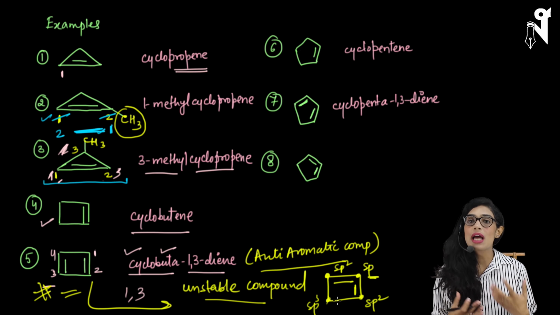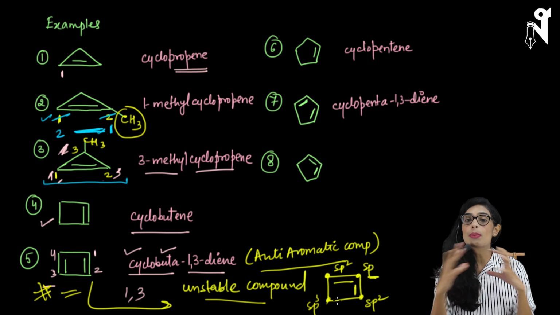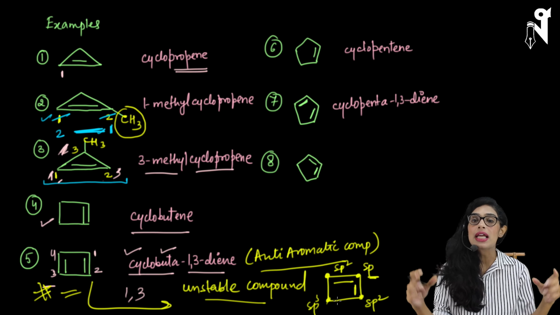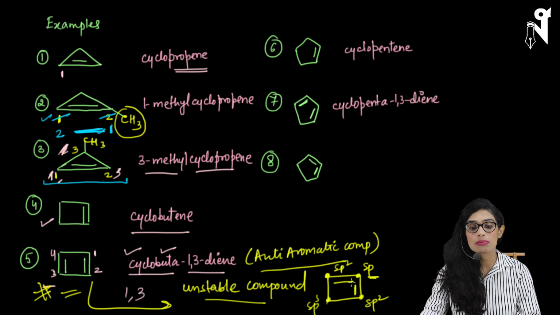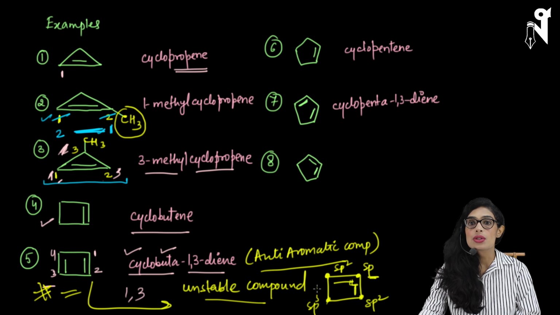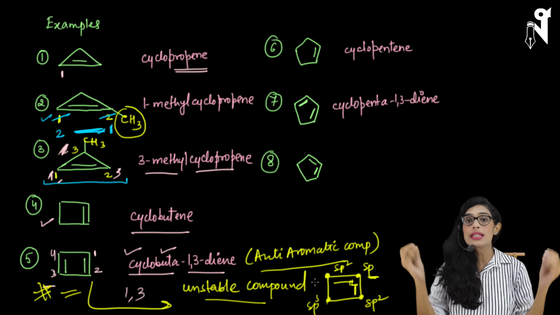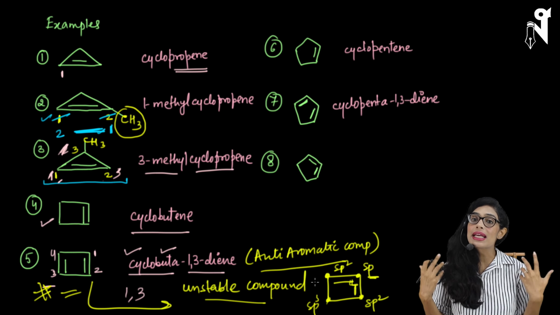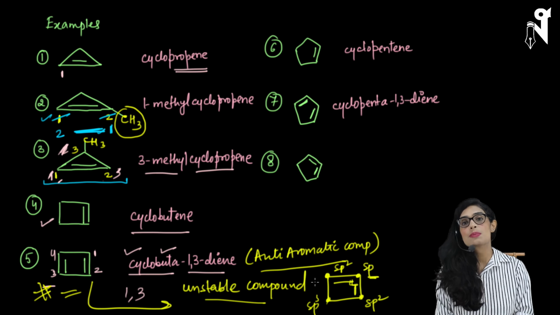So if you talk about sp hybridization, it is a linear hybridization. So if you talk about the shape of the compound which carries the sp hybridization, the shape should be linear. That means there should be an angle of 180 degrees, whereas the angle over here is around 90 degrees, right? So it is supposed to have a 180-degree angle, but it is getting a 90-degree angle. So there is a lot of angle strain. The molecule will not exist, or you can say the carbon will not be able to form the sp hybridization